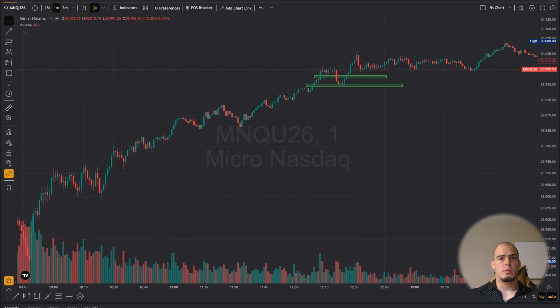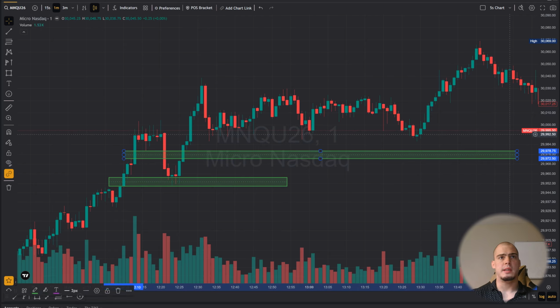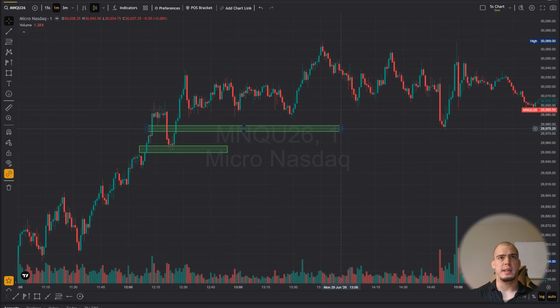So using low volume nodes or fair value gaps on these trend identification areas is good. We need to pay attention to when they invert and reclaim. Like this is a perfect example. This is also the harmonic, so you have multiple levels there. And if you put multiple levels on your chart and see that there's a couple aggregating there, this should be